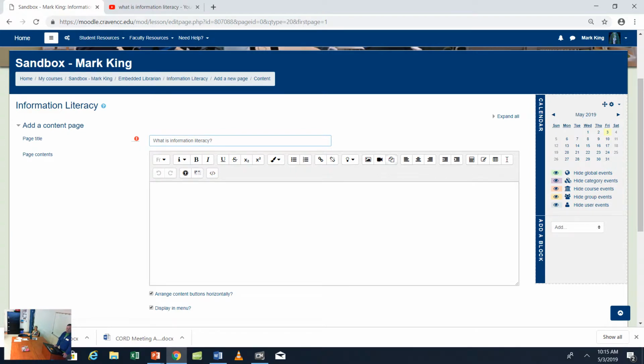But right here I just want to talk about all these little tools. How many of you use these on a regular basis in Moodle? Do you take advantage of those? Okay, good. Your font, how you want to style your font, creating web links, things like that. You can insert media, videos, images. If you wanted to insert an article, you would use manage files.